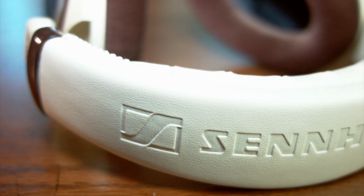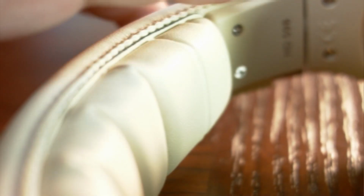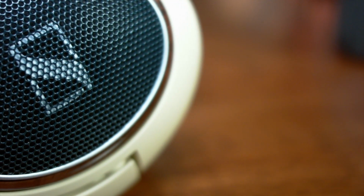All right, so build quality of these, you have leather across the top and one of the thickest headbands I've ever seen. So when these are on, that's honestly one of the first things you notice is they kind of stick up a lot. These aren't ones that I would recommend to wear out in public simply because they're open